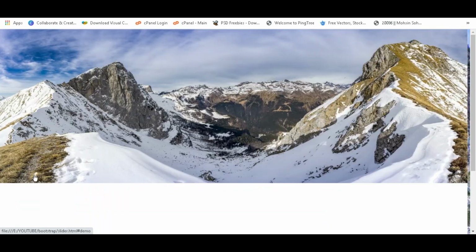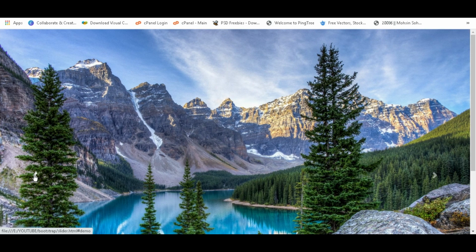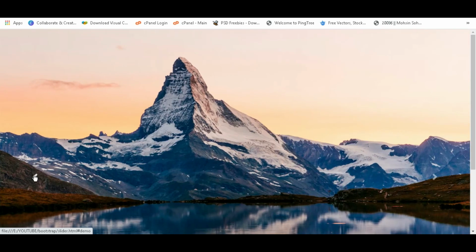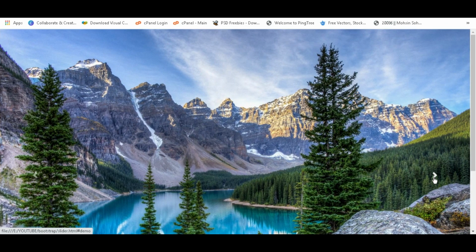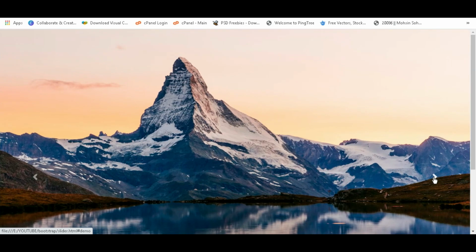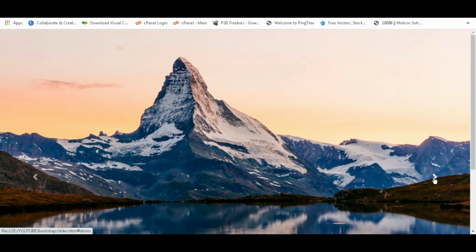Previous icon, and next icon. You can change the images manually and they can slide automatically also.